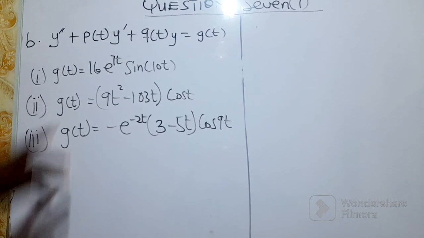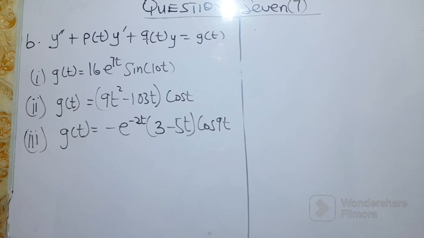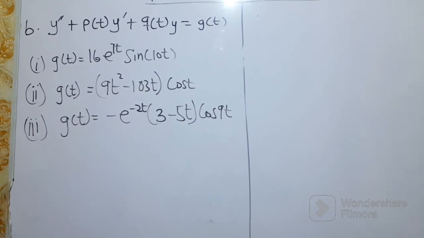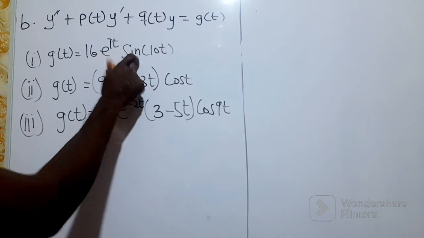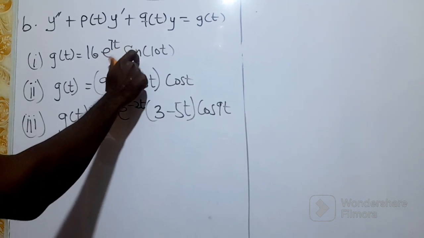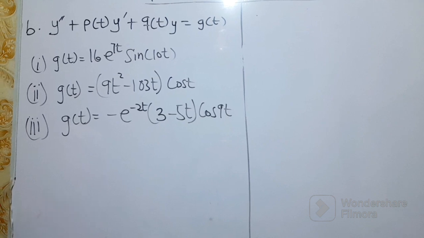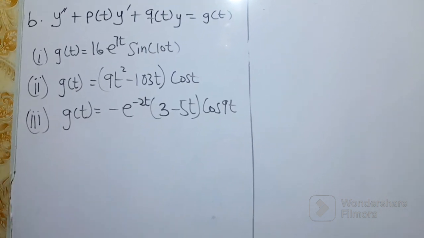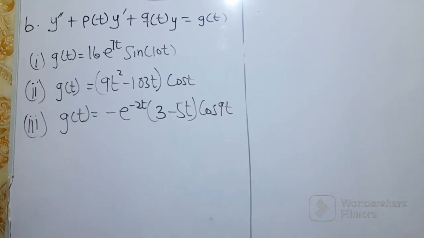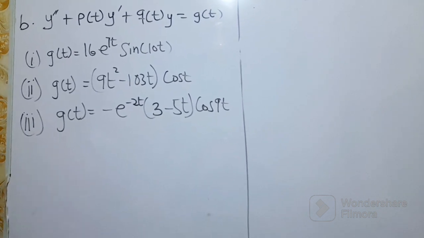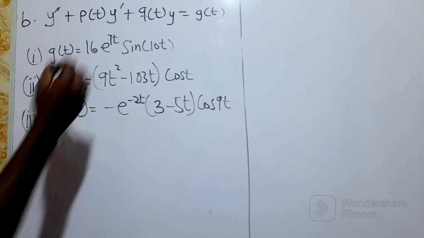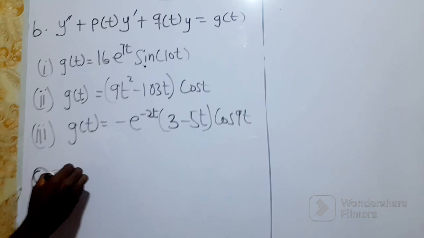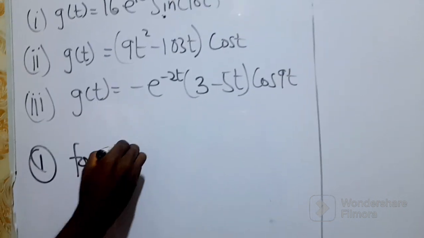So we can use the method of undetermined coefficients for g(t). However, they are not asking us to solve it, they are asking for the general form. Remember, anytime we have a trigonometric function, the general solution, or the quadratic equation, is a complex one. It's a complex system. So let me solve the first one, for cosine 10t,